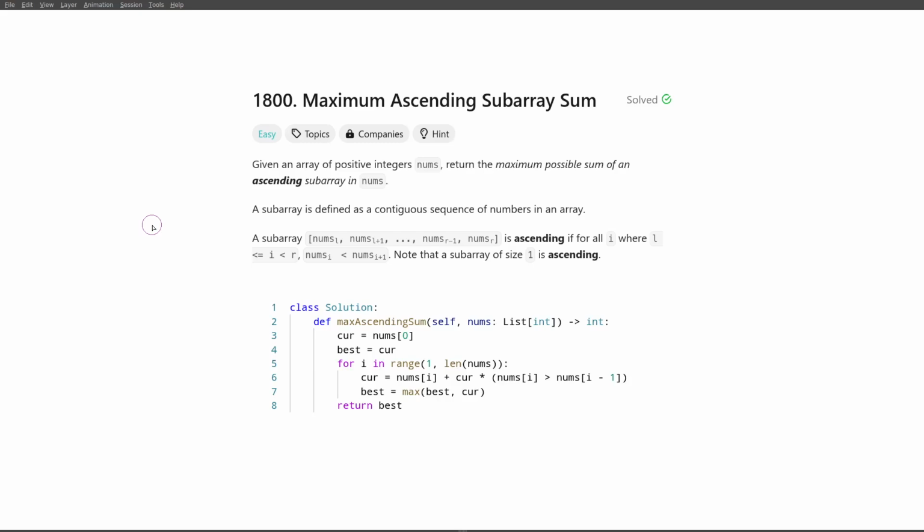Hello everyone, today we'll talk about the solution to the problem maximum ascending subarray sum. This is again an easy problem, very similar to the one that we had yesterday. Again, the approach to finding those ascending subarrays, and note that it's subarray and not subsequence, is that we'll be